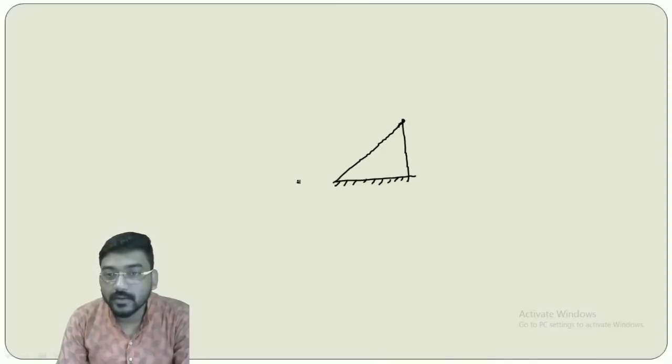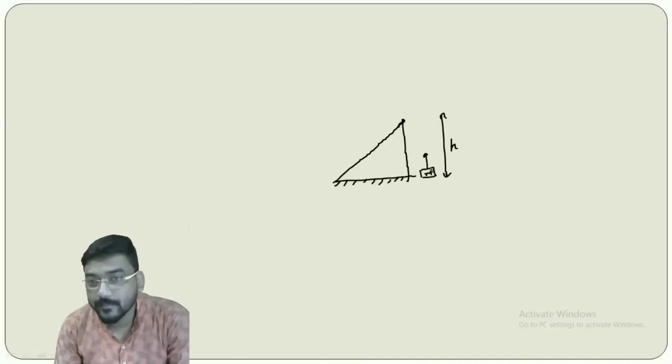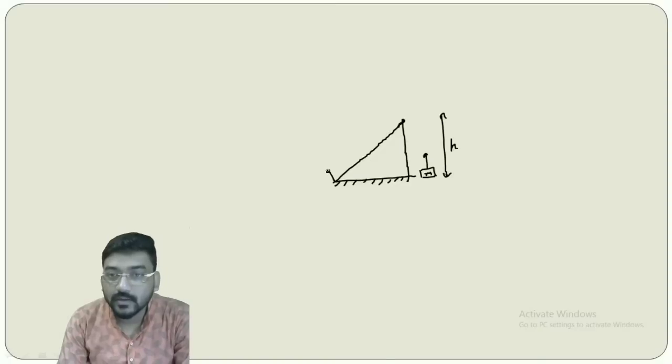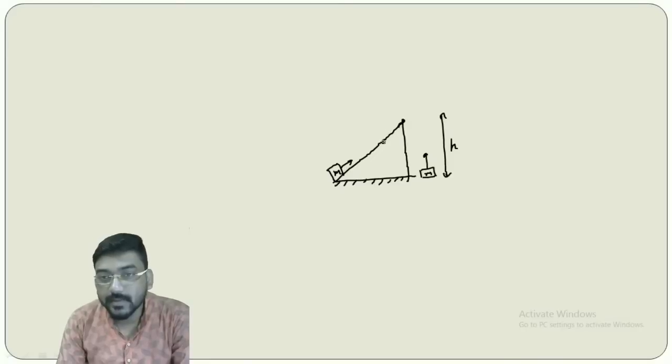For this we have two options. We can lift the object from this reference level along this path, in air, from this point to this point, and the height that we have to cover is h, suppose. And we have another option, we can drag the object along the inclined plane. But if there is no frictional force, if we assume that the surface is smooth, then if we drag this mass from this point to this point, the only force that will act on this object is gravitational force,